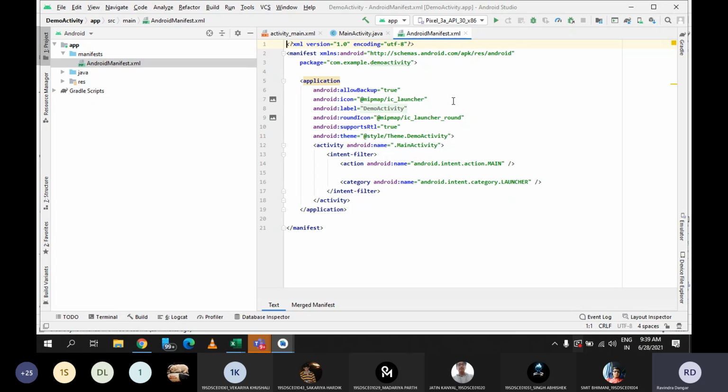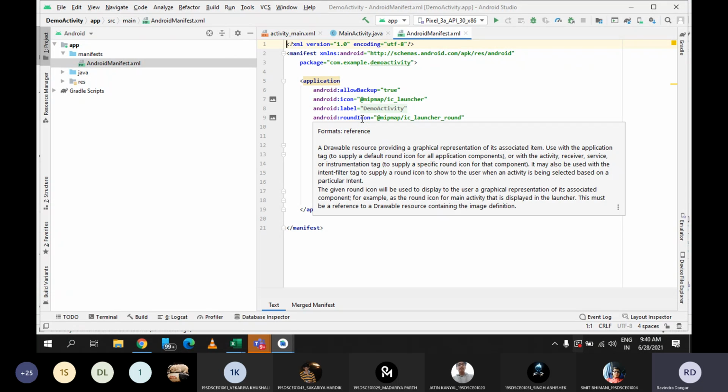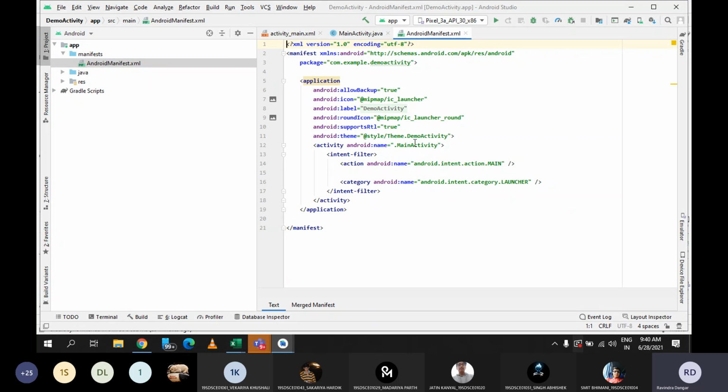Like in our application, there could be 10 to 12 activities. We may see many applications where there are more activities. For example, in the Gmail application, there will be more sub pages. We call that an activity. So any application has many pages, and each page is considered an activity. Whatever number of activities are in your application, all of them must be listed in this manifest file. If you don't include the name of the activity in this file, then your application will not run.